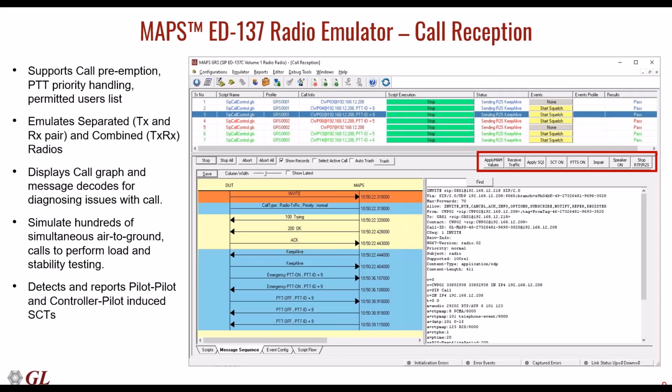So here you are seeing an emulator showing some of the air-to-ground calls received at the radios. As you can see here, this is the zip call control.gls, the base script, which is going to emulate all the air-to-ground call scenarios. All these scripts come with the installer, so there is no need for the user to create his own scripts